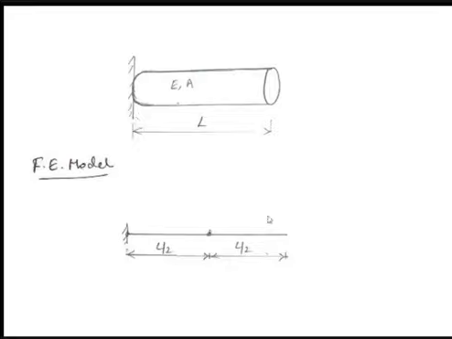So I'll be dividing as they have given in the question. I'm supposed to divide it into two equal parts. So I'm dividing this into two equal parts. So I'll be having two elements, element 1 and element 2. But the Young's modulus and area will be the same. Only the thing that is going to change is your length. So length will be L by 2 for the first one and L by 2 for the second one.